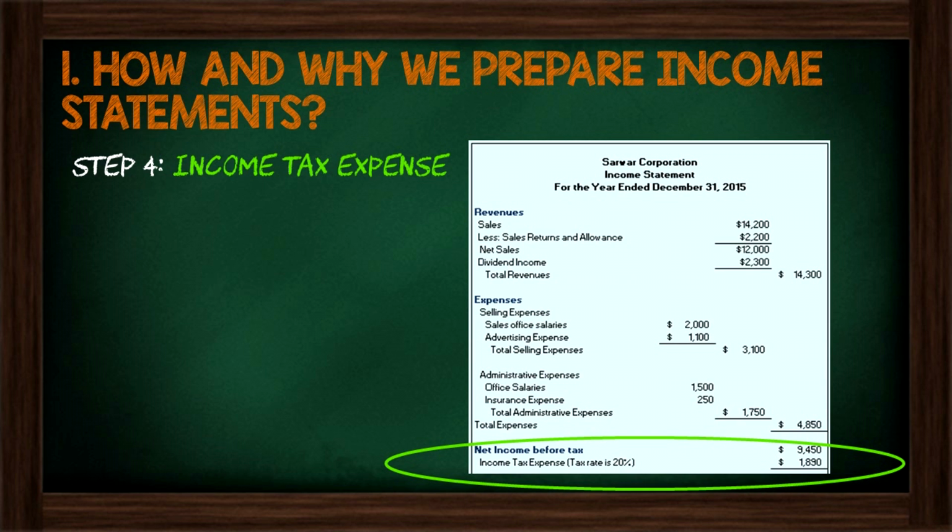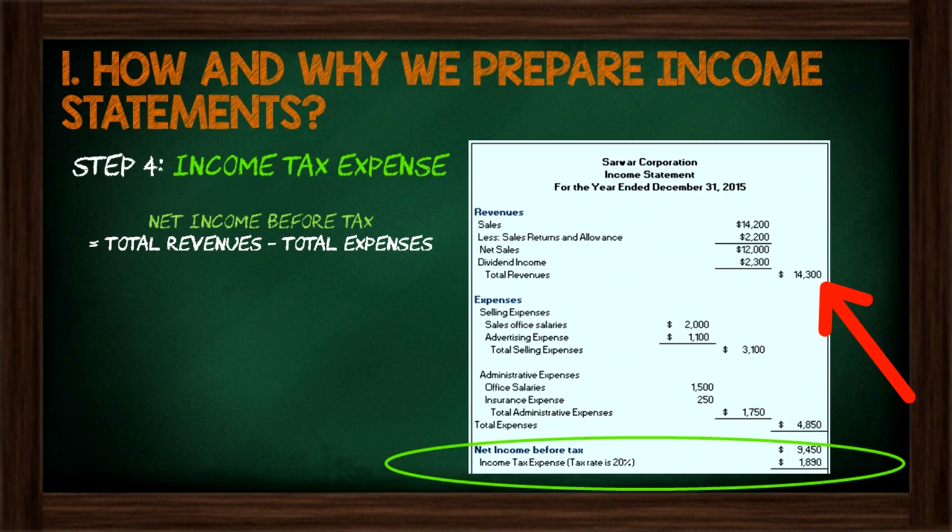So first, what we're going to do is calculate what is called our net income before tax, which is simply our total revenues minus our total expenses, except for income taxes in there, hence why it's net income, but before tax. Our total revenues in this case are $14,300, and our total expenses are $4,850. So $14,300 minus $4,850 gives us our net income before tax of